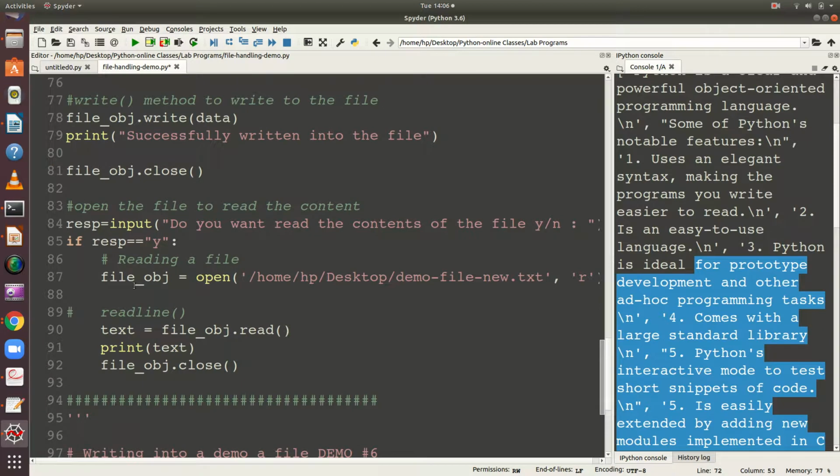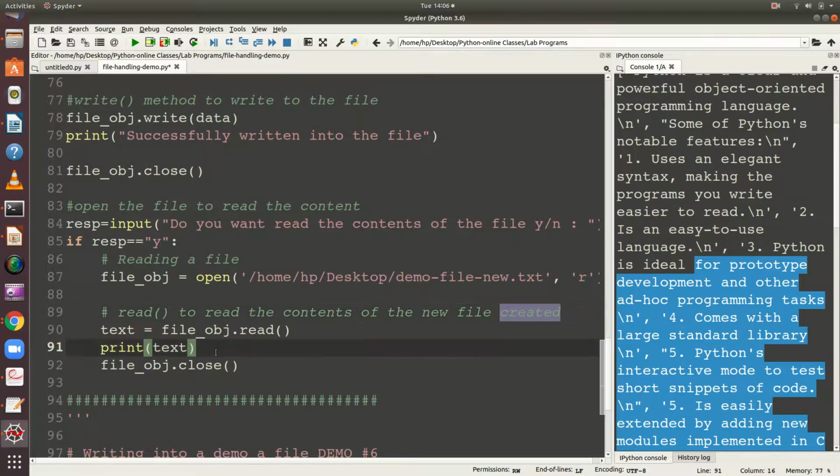Then I use the read method so that the entire contents will be read. You can use the read method or the readline method, whatever you want. Here I am going to use the read method to read the contents of the newly created file.